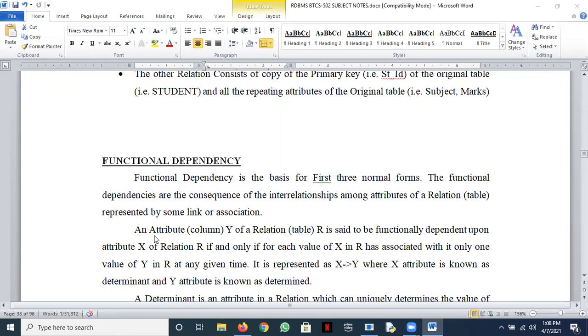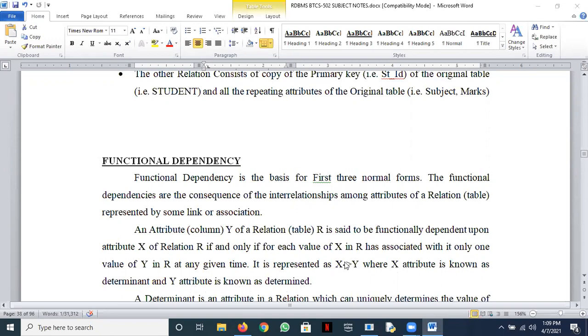Now the definition. An attribute Y of a relation R is said to be functionally dependent upon attribute X of relation R if and only if each value of X in R has associated with it only one value of Y in R at a given time, and is represented as X → Y. So wherever the arrow is, that is the dependency. X → Y means that Y is dependent on X. Y is functionally dependent on X. Here the attribute X is known as the determinant and Y is known as determined.